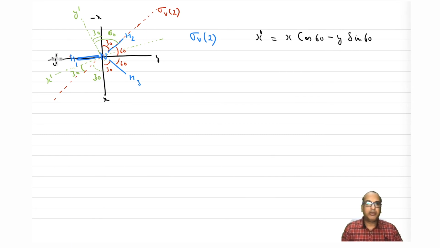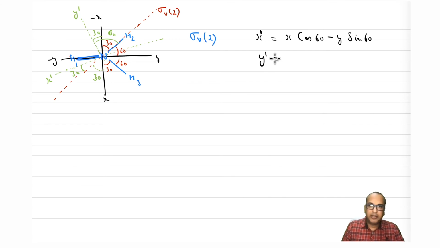This is simple trigonometry, so I don't think I need to explain this. All you're doing is taking a projection of x prime onto the x-axis and minus y-axis. So the length of this projection will be x cos 60 and this will be minus y sin 60, right? Now similarly for y prime, so this is y prime. Now again try to put the projections onto the original x and y axis system, and this will be equal to